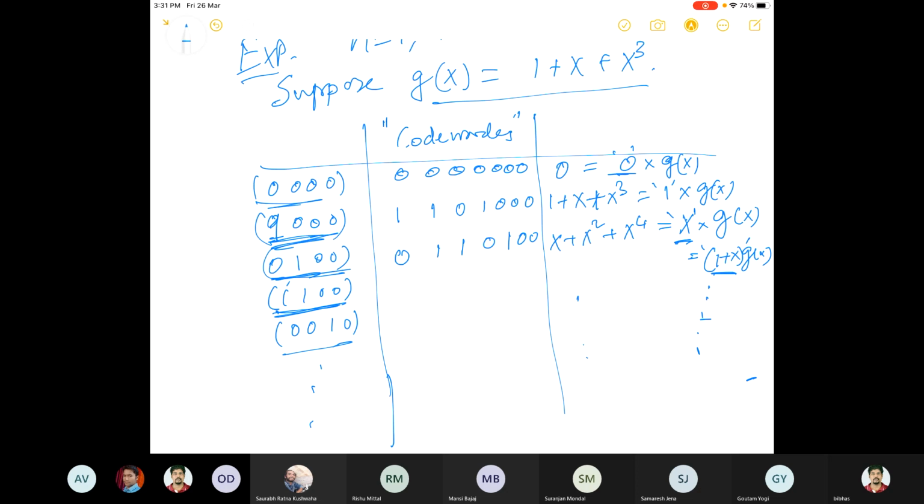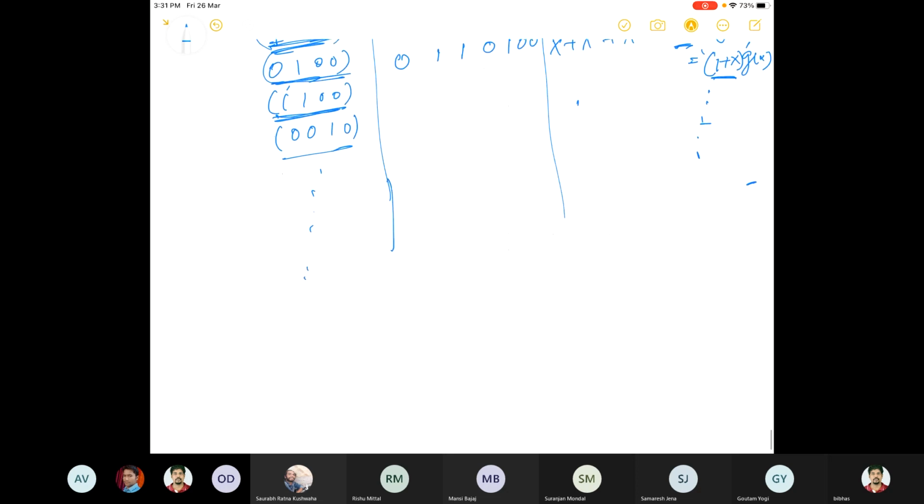So this is how you can construct a cyclic code. But this is just an example, and we are still not sure how to choose g(x), because there are many options now. Which one to choose, which one not to choose, we don't know. Now we'll try to focus on that. How to choose g(x). So we'll first prove another result. We know about g(x) that the constant term of the g(x) polynomial is 1, and it has degree n minus k.